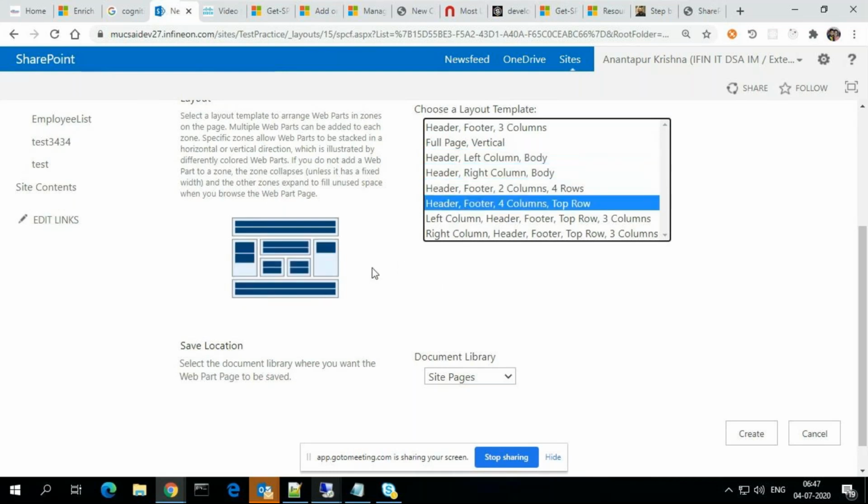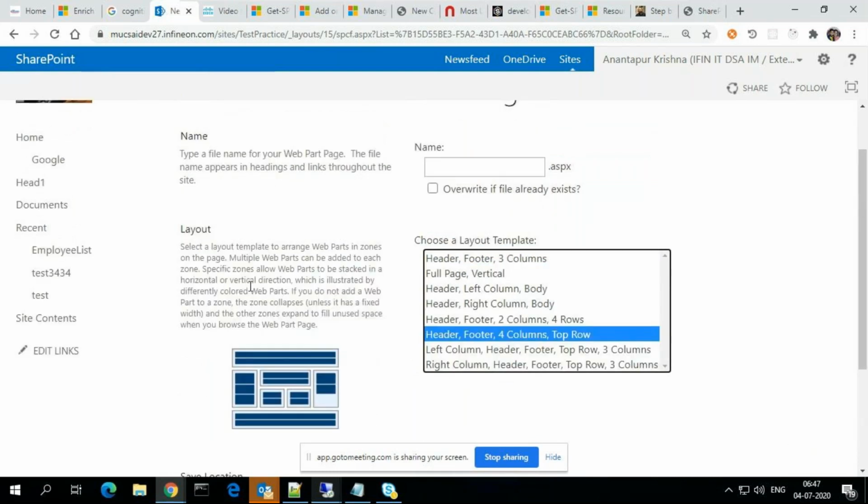So this is nothing but a layout mechanism. Suppose in different SharePoint sites, they want to maintain different layouts in a home page. Like they want to display some ads, and show only content in the middle, and on the left and right they want to show some ads or announcements, and show the footer on the web part. We can do that.